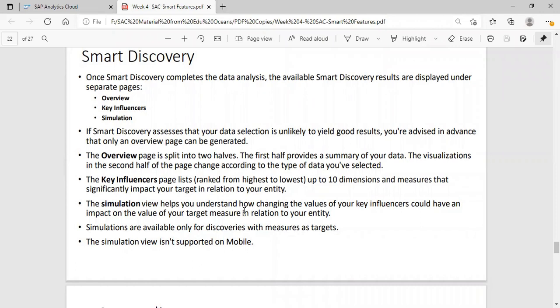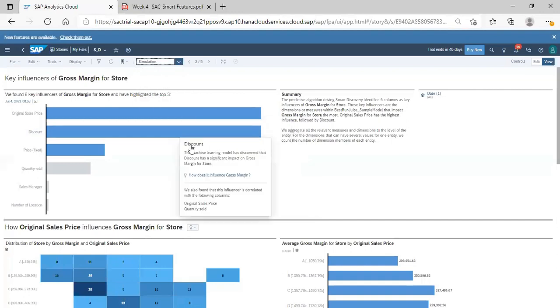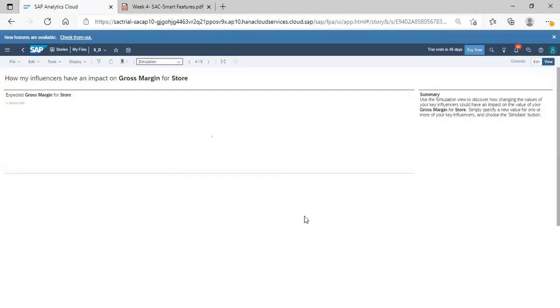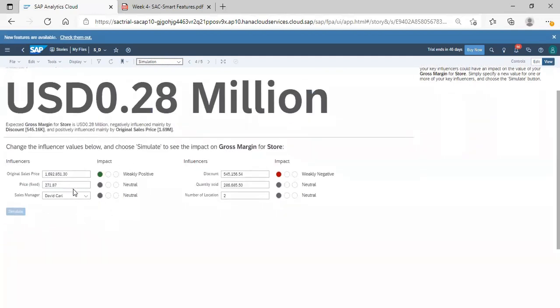So sometimes if you wanted to do some ad hoc request or some kind of ad hoc changes in the data, you wanted to change some values according to your business requirement. I wanted to change the impact. I wanted to see the impact.